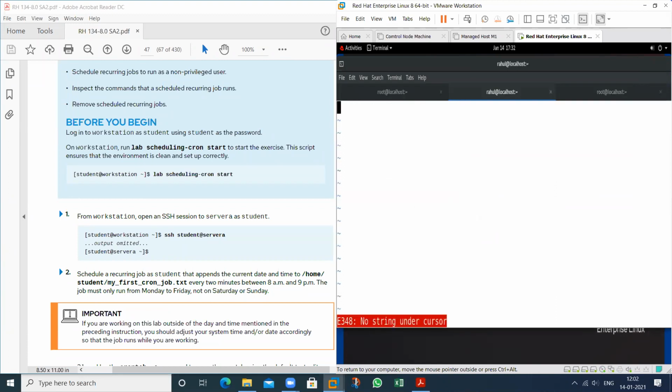So just type I again, star star star, then /bin/echo, we want to print denied in /home, in the location of Rahul. In this, create a file, not allowed.txt. I want to create this particular file and save it again.